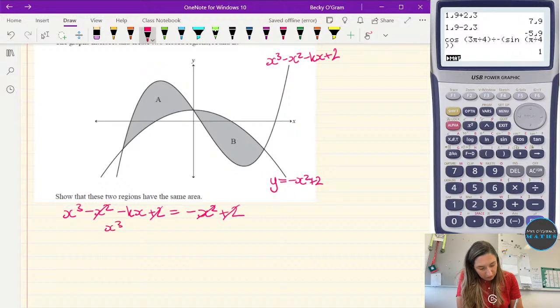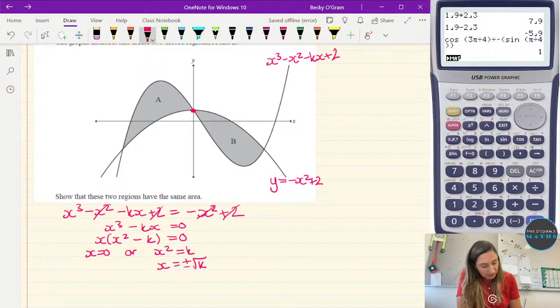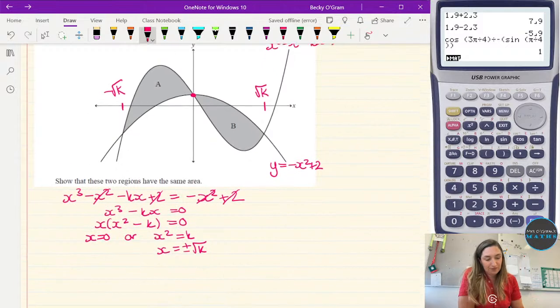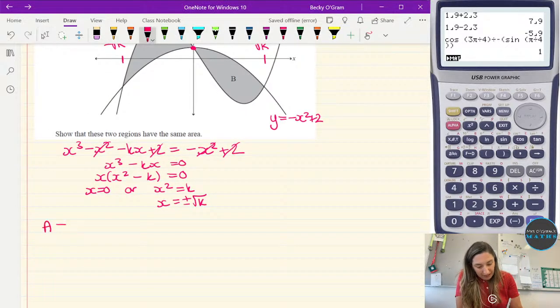We've got x cubed minus kx equals 0. So take out a factor of x and we've got x squared minus k is 0. So x equals 0, which we can see is this intersection point there, or x squared equals k, so x is plus or minus root k. So we have an intersection point at root k, and we have an intersection point at minus root k. All right, now area A, we will get that by integrating between minus root k and 0,